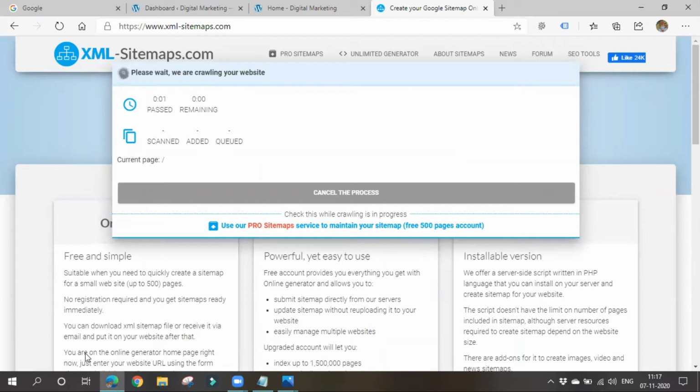Okay, it will take some time. This particular website's crawlers will go to our website and scan it thoroughly so that they can create an XML sitemap. You can also cancel the process if you feel it is taking too much time.